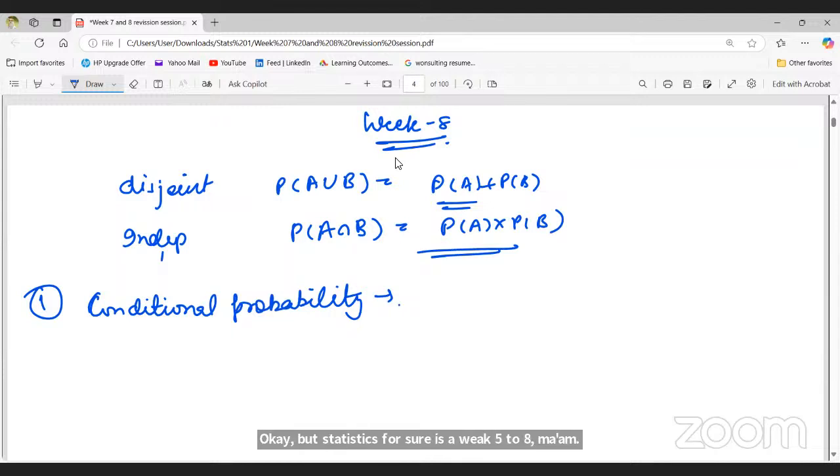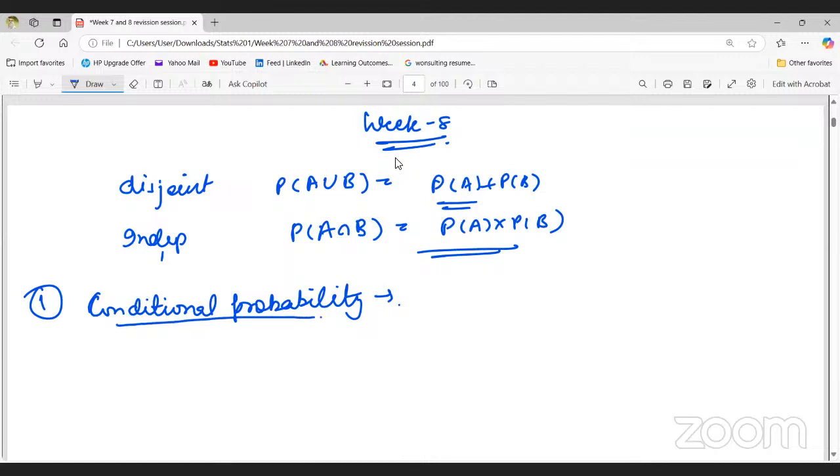Okay, I got a mail for maths too. That syllabus is week 5 to week 8. And he's in the maths one, I think. Okay, I didn't get the mail then. Maths and stats are from week 5 to 8, and the rest of the subjects are from week 1 to 8, I think. Okay, all right. I didn't attend that class. Thank you so much.